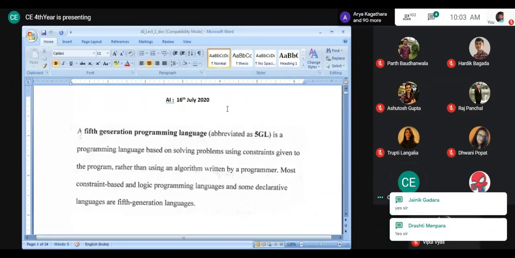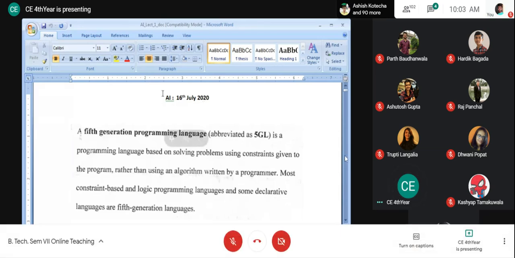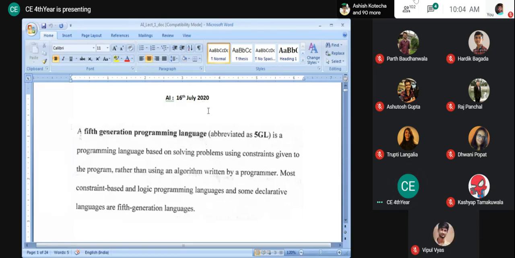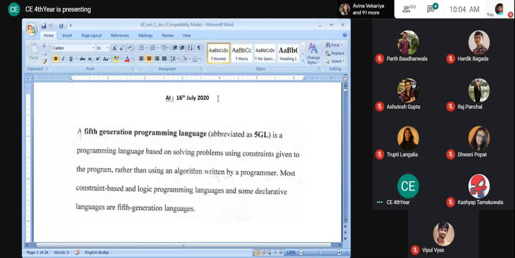So we'll start our section, that is Prolog. Prolog is an abbreviation for programming in logic, and it is considered to be a 5th generation programming language, wherein